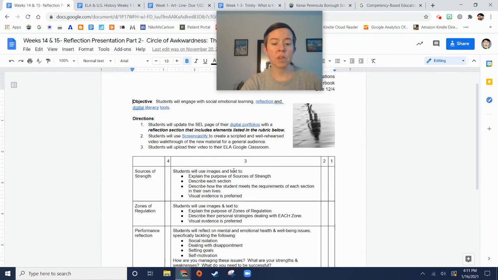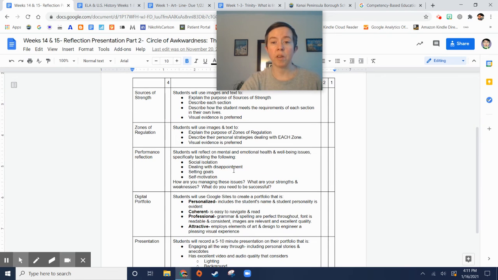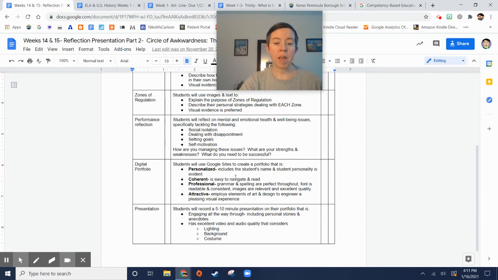The expectation is, of course, that the student is going to be meeting all their ELA standards and researching and reading standards by producing this stuff. They have to have all those building blocks and all those skills in order to produce a project or a product that is going to be coherent and cohesive and something that I, as the audience or a wider audience, is going to be able to engage with.